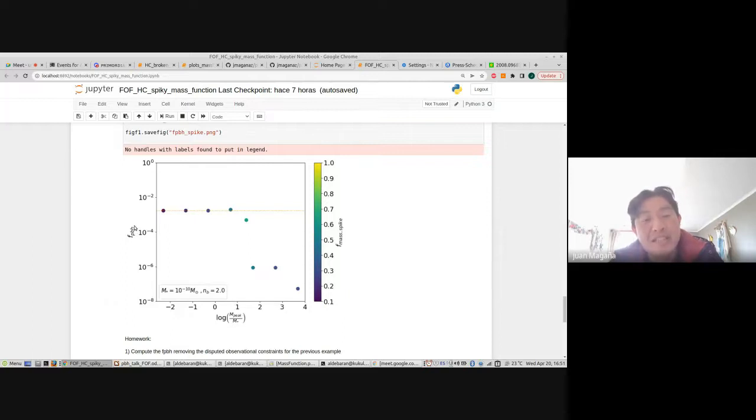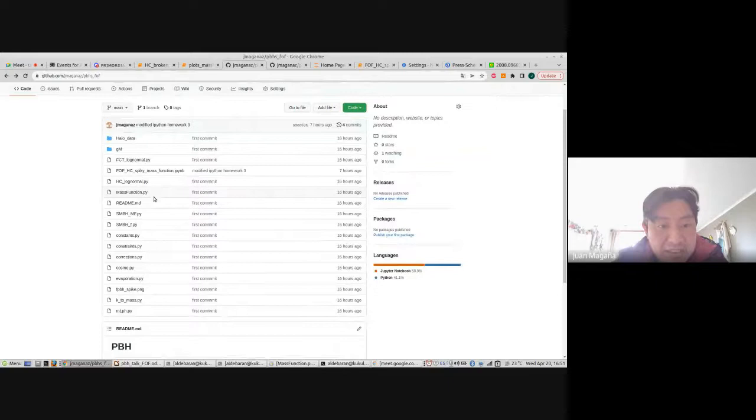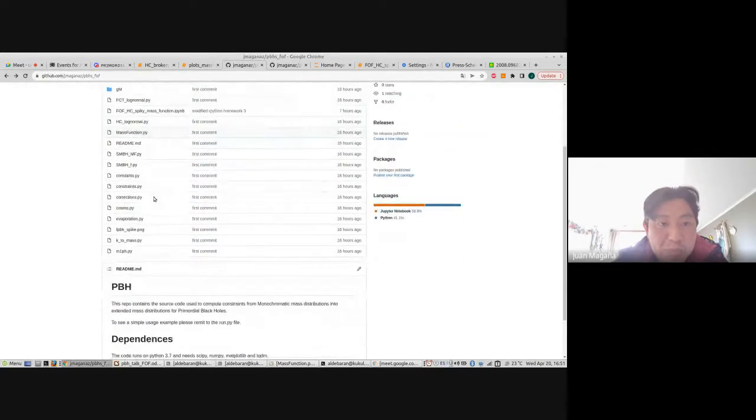To obtain the total value for any configuration, for any mass distribution, we take the minimum value of all the monochromatic constraints. For example, you can observe that in this script here, the mass function.